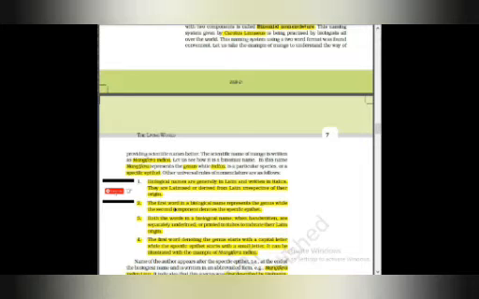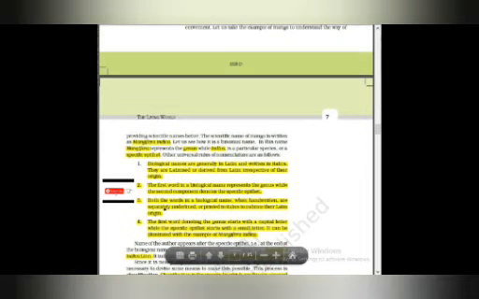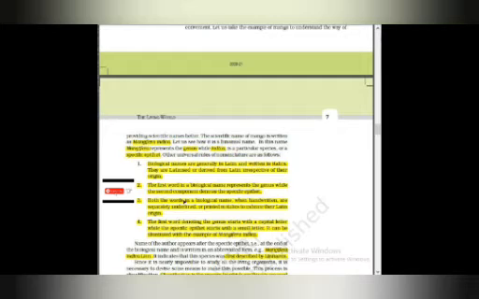I am mentioning here that these 4 points are very important for the NEET examination. So, remember these 4 points. The second point is that the first word in a biological name represents the genus, while the second component denotes the specific epithet. The third point is that both the words in a biological name, when handwritten, are separately underlined. When we write in a notebook by hand, they are separately underlined. If we print it on a computer or a laptop, we write it in italics to indicate their Latin origin.